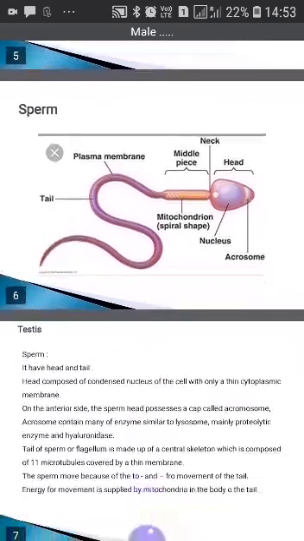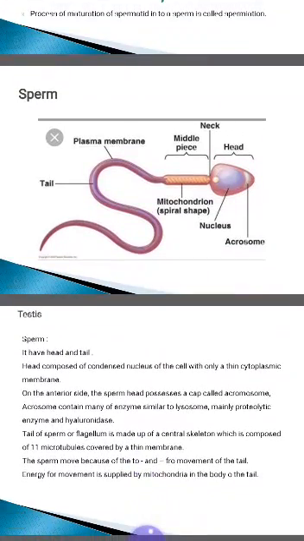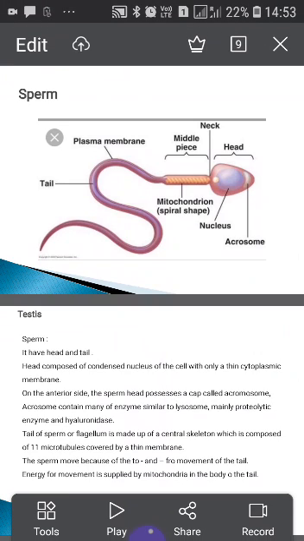Sperm. This is the structure of sperm. The sperm is made up of a head and tail. The head is composed of the condensed nucleus of the cell with only a thin cytoplasmic membrane. On the anterior side, the sperm head possesses a cap called the acrosome. The acrosome contains many enzymes similar to lysosomes, mainly the proteolytic enzyme and